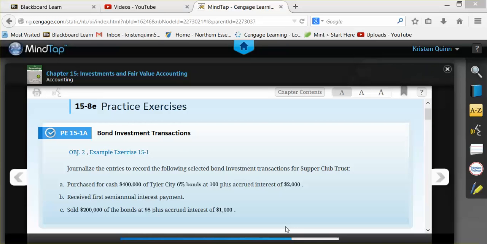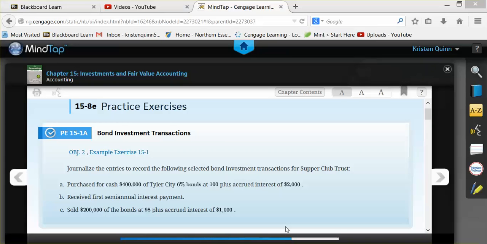In this example, we'll be doing practice exercise 15-1A that can be found in your textbook on page 694. We're going to be journalizing bond investment transactions. In the example, it tells us to journalize the entries to record the following selected bond investment transactions for Super